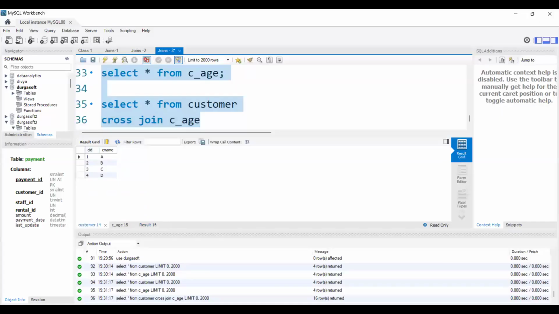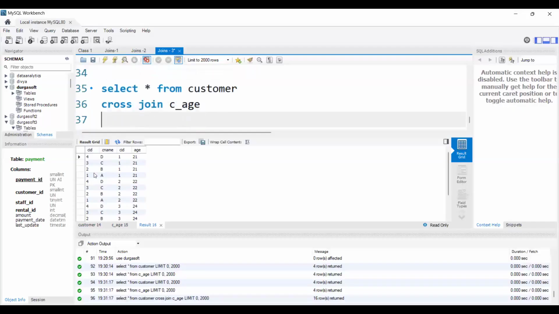We have 1, 2, 3, 4, A, B, C, D here. We have 1, 2, 3, 5. So what it will do, first for the one row, it will join with this. See the output. For each and every row, you can see the possibilities here. We will get the count of rows as